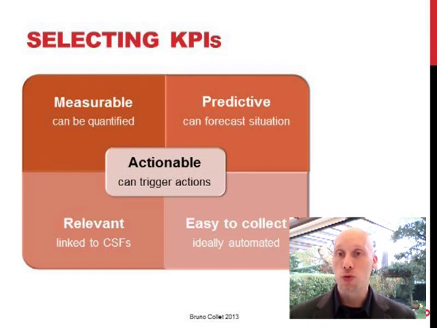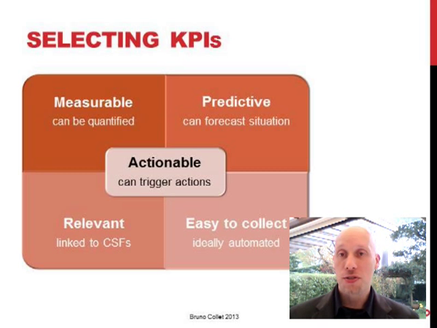First criteria is measurable. That's obvious. If you can't measure it, you can't do much with it. However, I have to mention that it doesn't have to be measurable scientifically. It just has to be precise enough for decision making. Just remember that. The goal is not to make mathematics here, okay? It is to make decisions. Second, predictive. If it's measurable, usually it can be used to forecast because we can extrapolate its value. For example, within time, 1 month from now, 2 months from now, 6 months from now, or at project completion, for example. Third criteria, relevant.